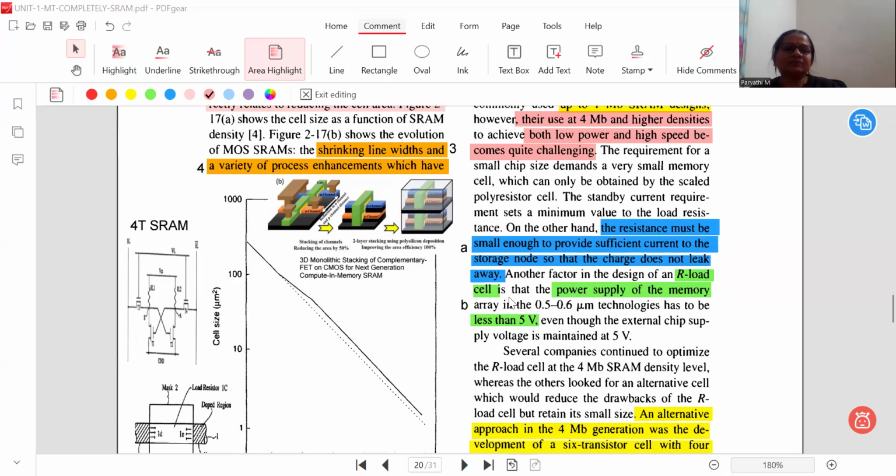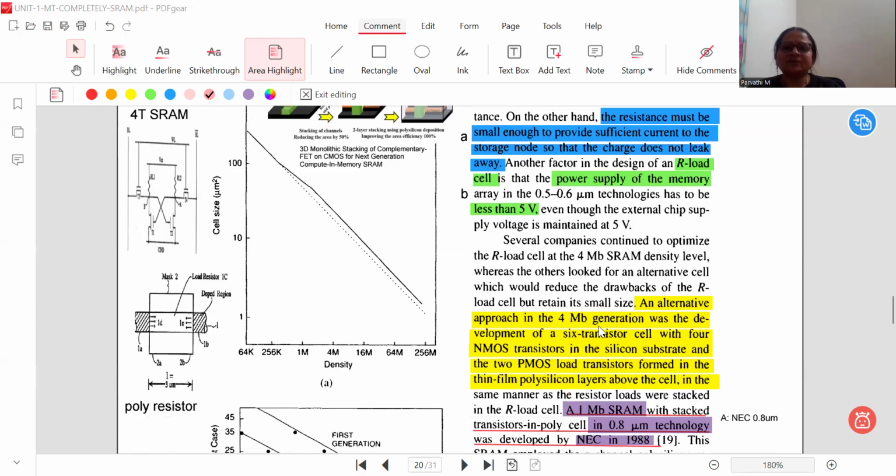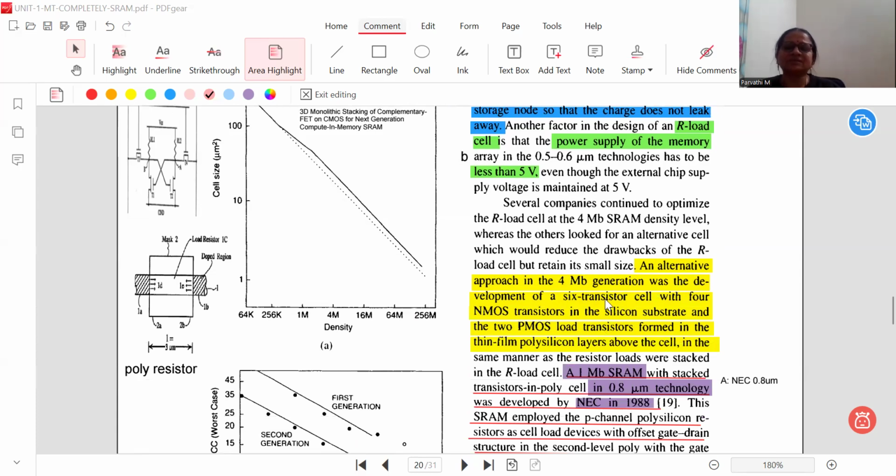So this is one more factor to replace these poly resistors with PMOS transistors: this kind of design requires 5 volts. This kind of design cannot be suitable for technologies with less than 5 volts. It is also technology dependent, that is 0.5 to 0.6 micrometer technology, and it requires a 5 volt power supply. Even though the external chip supply of 5 volts is maintained, the resistor load cell design requires 5 volts. So that's why an alternative approach for the 4 MB generation was developed, a 6 transistor cell